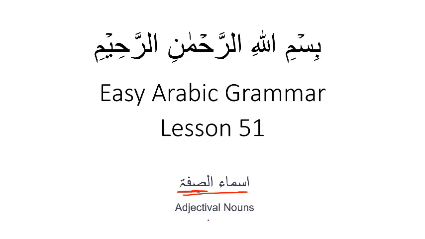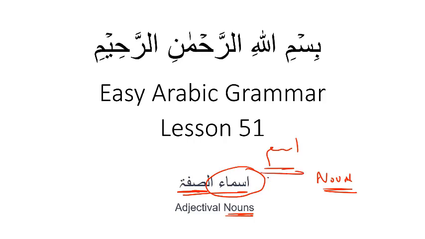Sifah or Sift also basically refers to adjectives, as we've discussed before at the start of this course, that the Arabic word ism, and the plural of ism is asma, is not exactly a noun. In English, a noun is limited. A noun is the name of a place or animal or thing or concept. But as you've seen in Arabic, a lot more falls under the ism category. So for example, even adjectives are in the ism category.